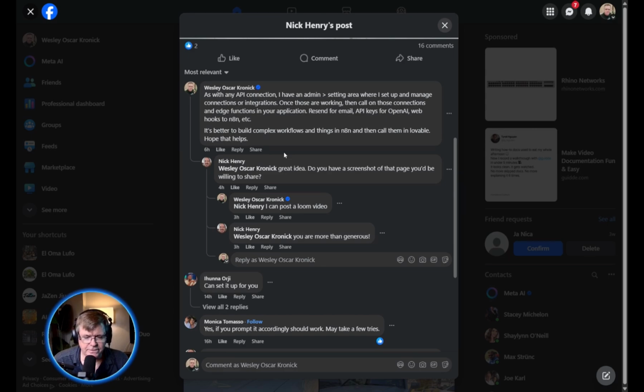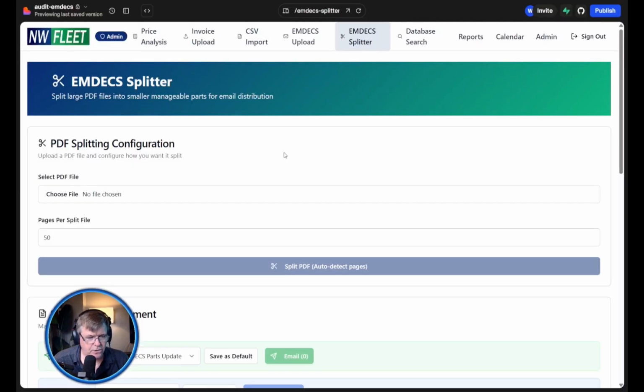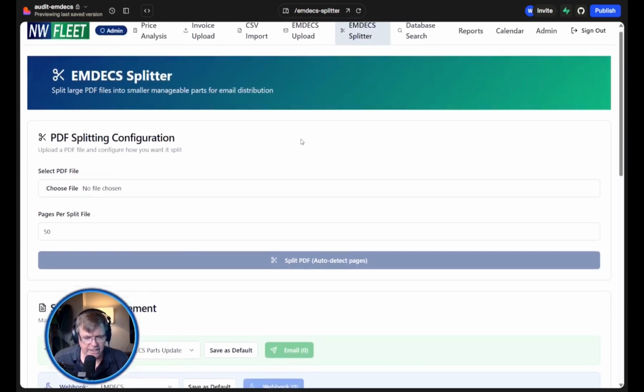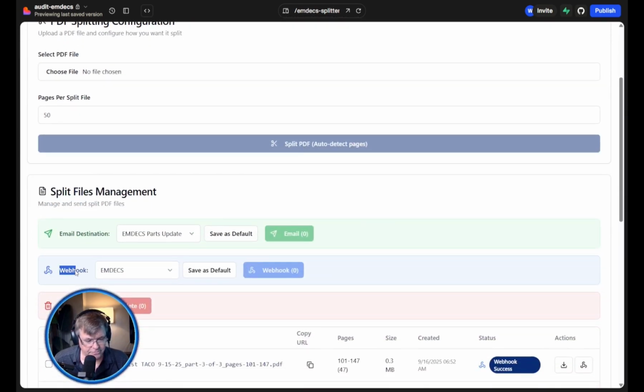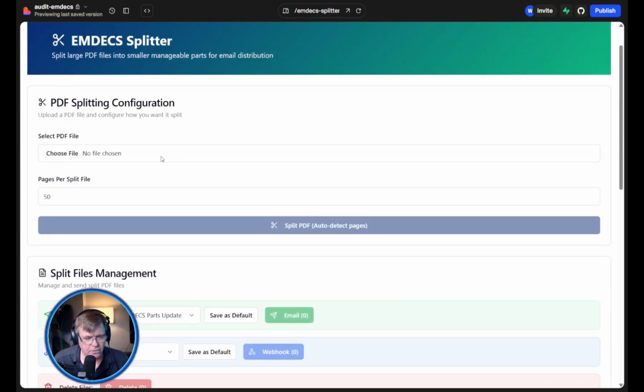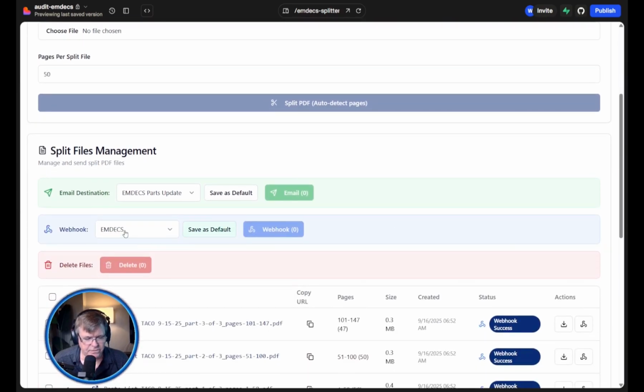So okay, let's do a demo. Here's an application that I built for a client. This particular application basically splits up PDF files and sends them into a complex auditing system, etc. And if you notice, there's a webhook here, and I'm calling on this particular webhook in this application. So if I were to choose a file and then upload the file, it's going to send it to